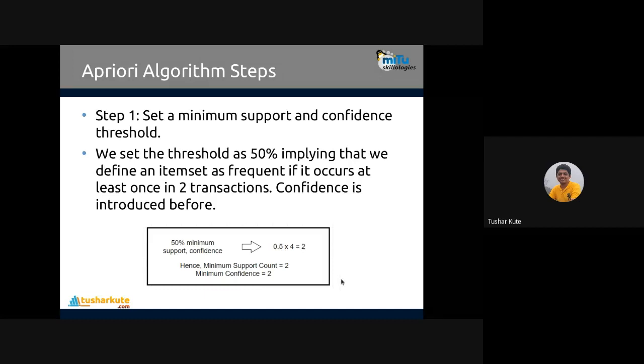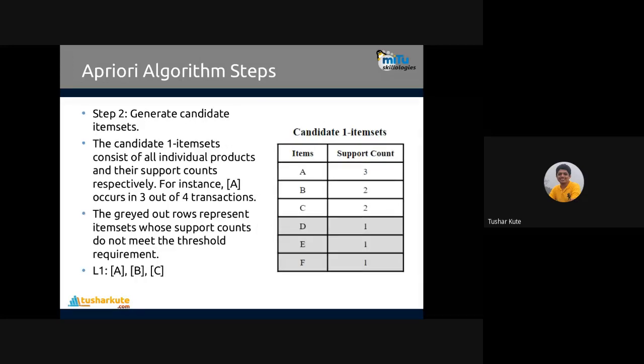It means that the rules, or the items, should be present at least 2 times out of 4. A set of items or a single item should be present at least 50%, at least 2 times. That is the first requirement of having a frequent item set. Check it out.